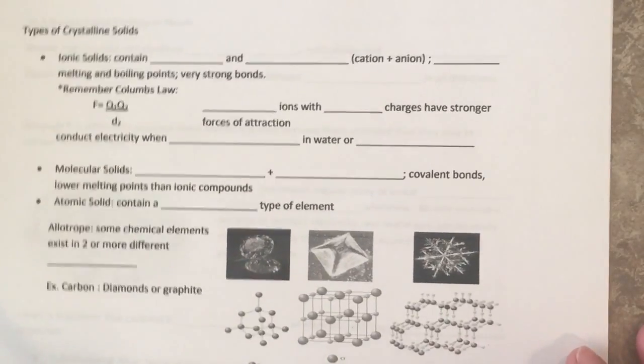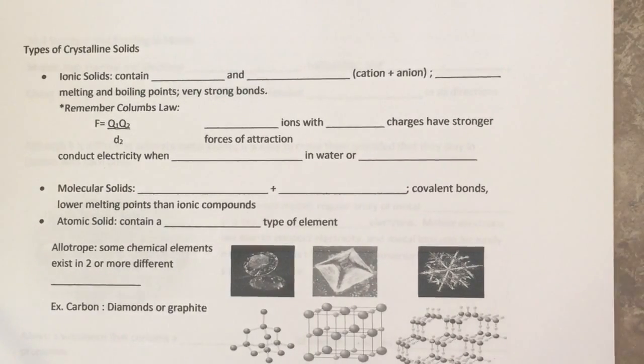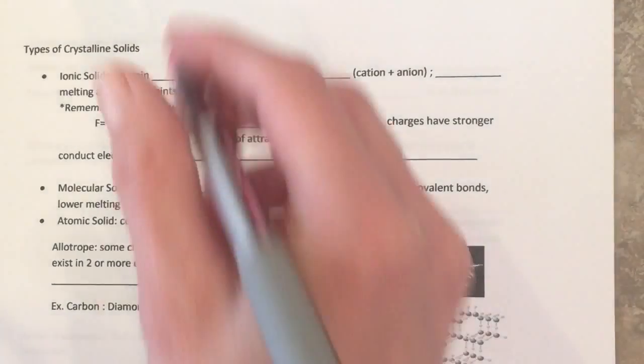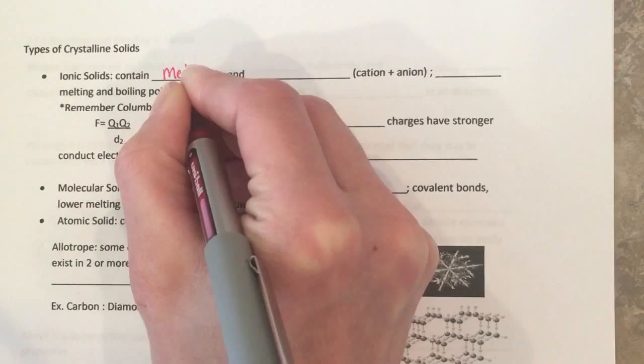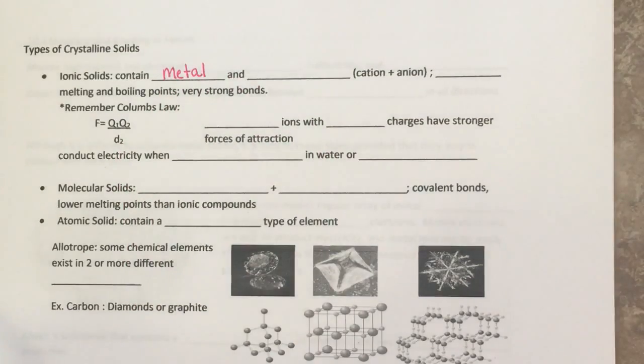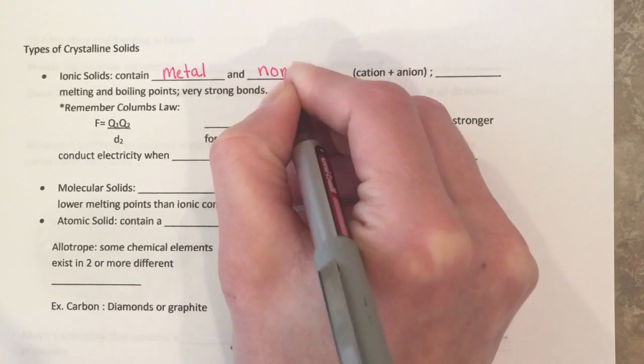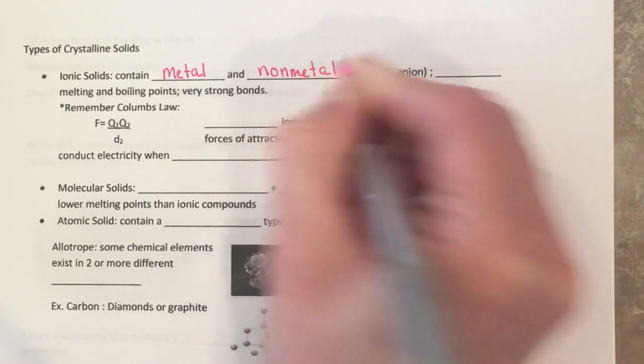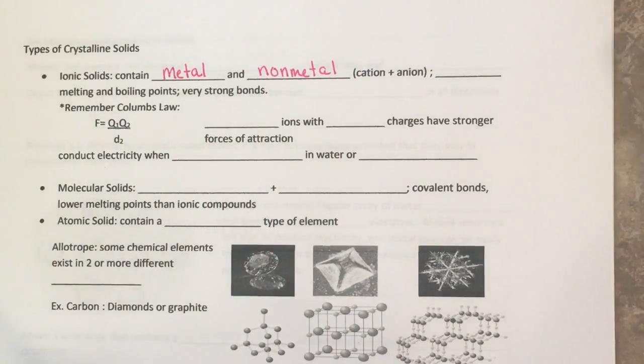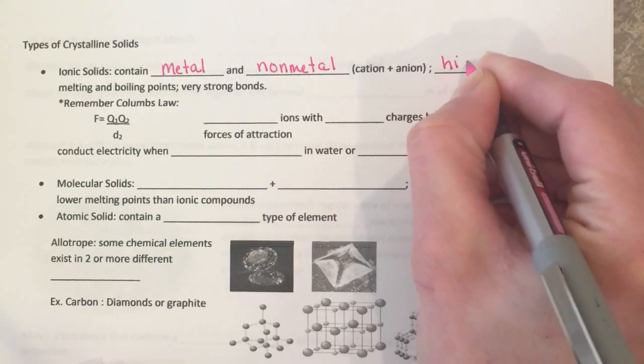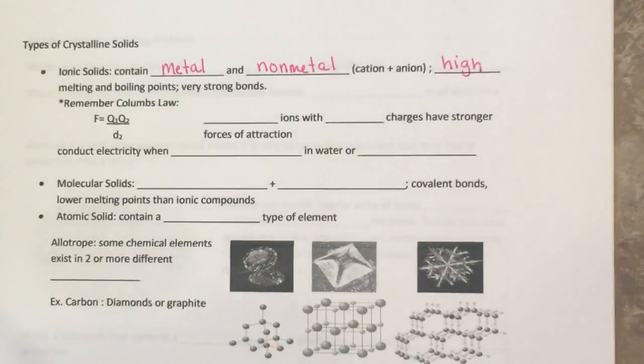Now when we talk about an ionic compound, remember ionic compounds are going to have metals, which form a cation, a positively charged ion. It's going to have a nonmetal, which is going to form a negatively charged anion. Ionic compounds are going to have very high melting points and boiling points, and the reason is because of these